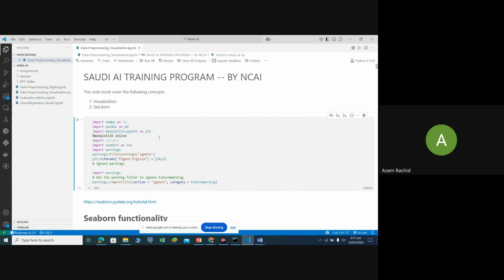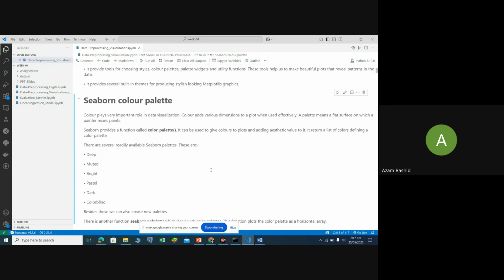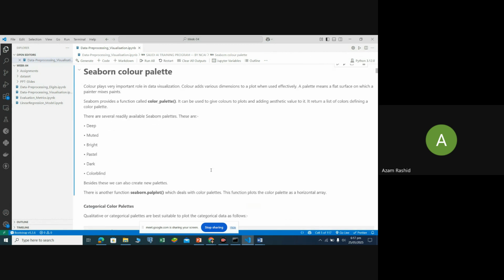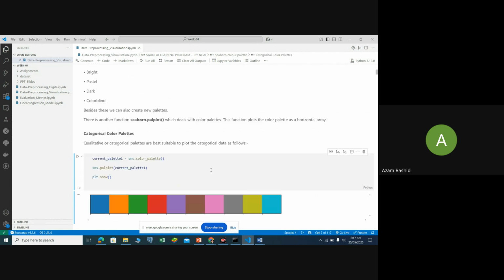Seaborn is also a library which is used for plotting. We ignore the warnings by applying a filter so that they are ignored in our case. Now we start processing, and you see that in seaborn we have different types of palettes. We have deep, muted, bright, pastel, dark, and different palettes, and we pick one of them for the coloring